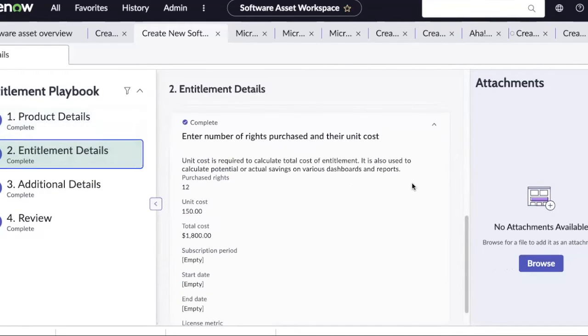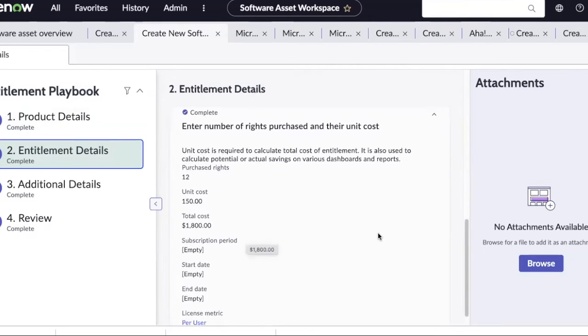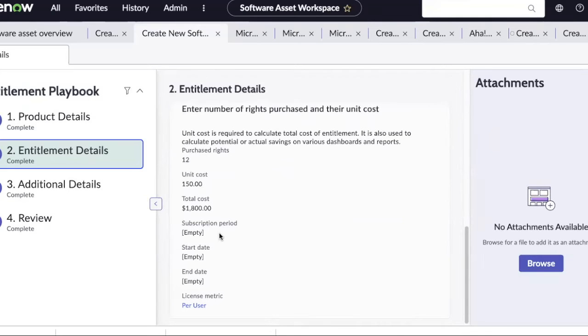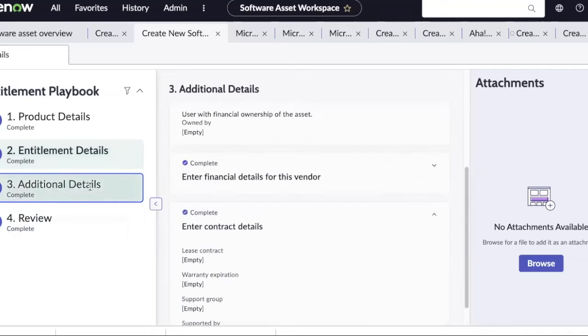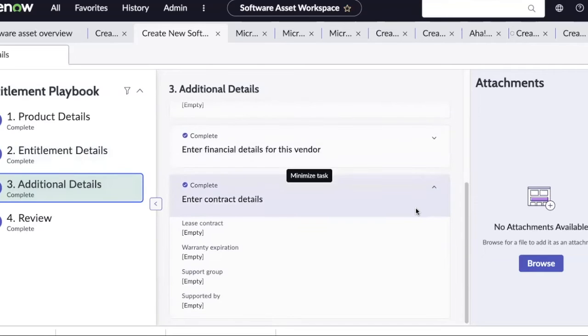Then we go into our entitlement detail. That gives you how many purchase rights you have, the unit cost, the total cost, what's the subscription period, start date, end date, and what is your license metric. You then move on to your additional details, such as enter financial details for this vendor, contract details,